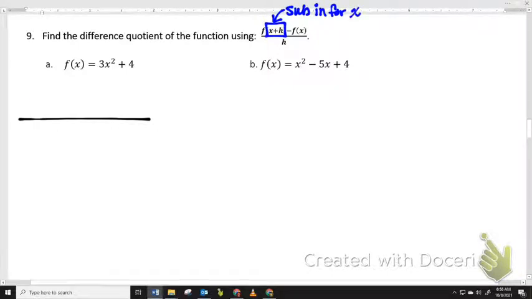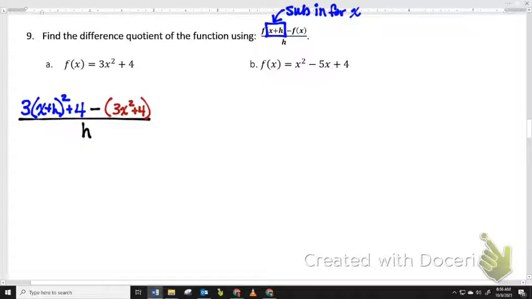So I would have 3 times (x plus h) squared plus 4, minus f of x, which would be 3x squared plus 4,